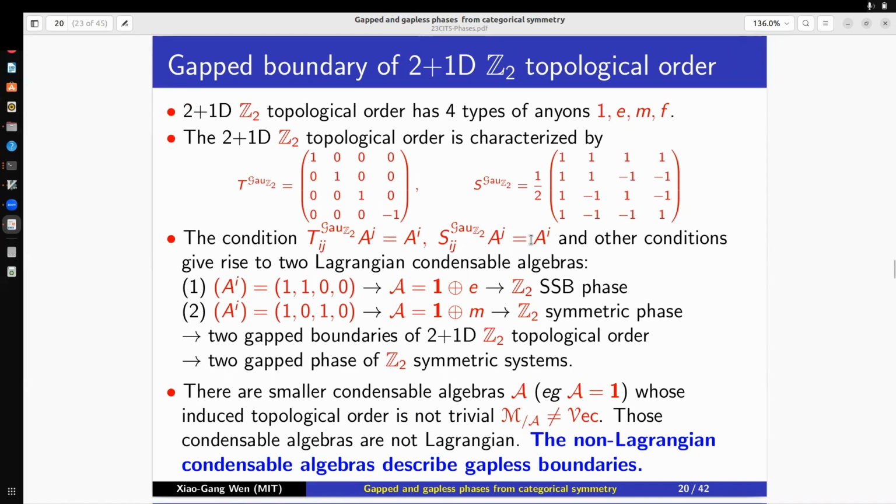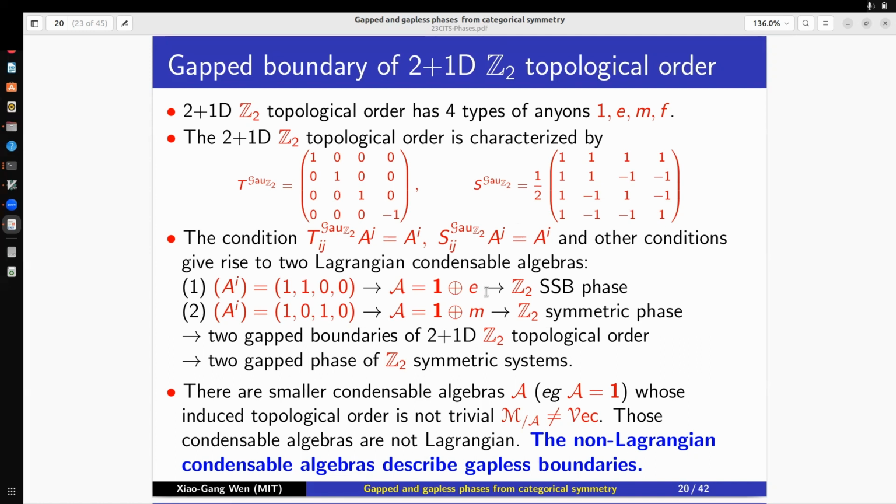And this condition basically says that different anions in the same condensed algebra should have trivial mutual statistics. So basically, the anions in the condensed algebra are bosons with trivial mutual statistics, and they can condense